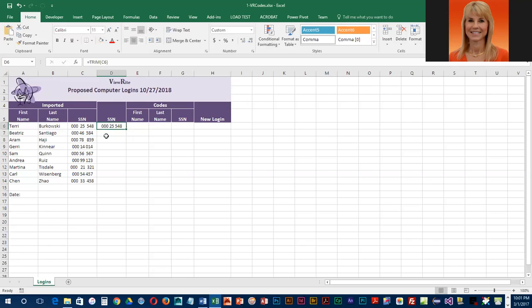You should notice right away that some of the extra spaces are gone. We are going to drag that fill handle down and fix all of the numbers. And that looks a lot nicer than what it looked like before. So that is what the trim function does: it gets rid of extra spaces. So moving right along,